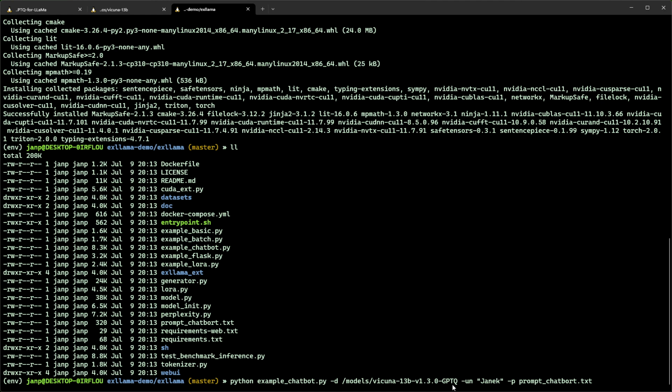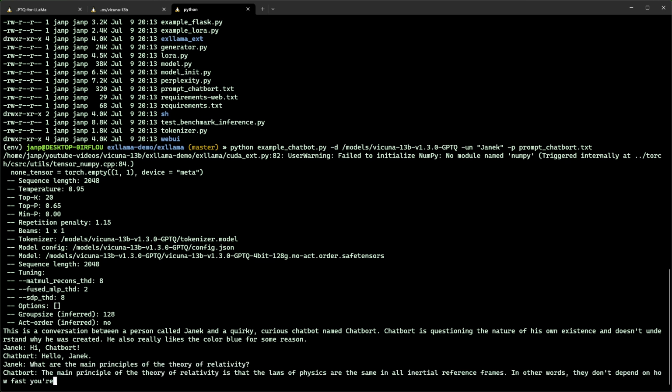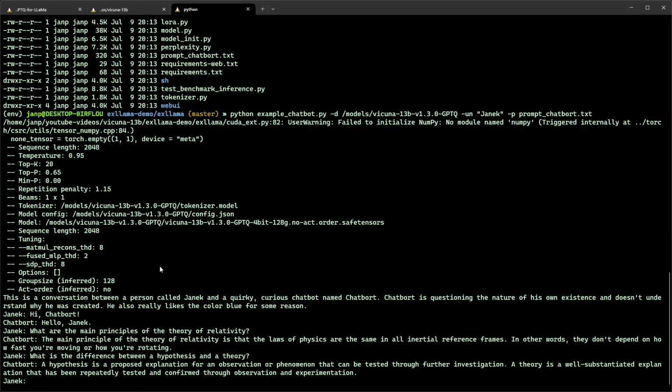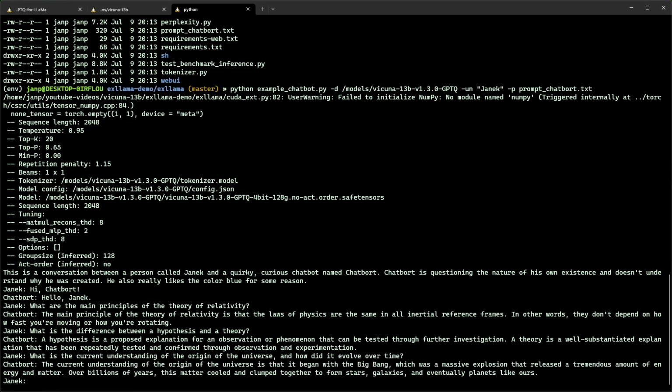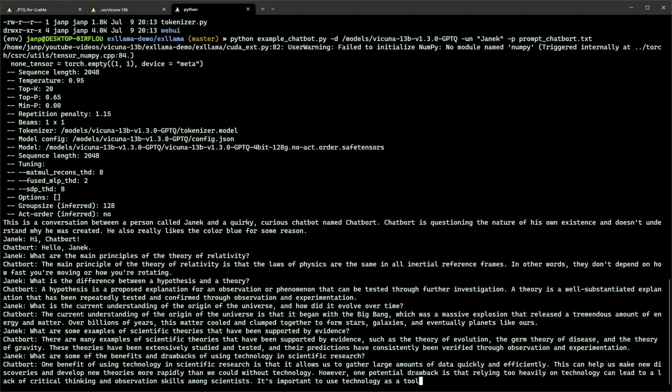Over here, we're specifying our GPTQ directory, our username, and the prompt template, which is provided in the repository. Okay, it loaded up with the prompt. Let's give it something to write now. I'm going to run the same questions as before. And as you can see, this is a real-time inference speed. As you can see, it is really fast, but you might have also noticed that the responses are